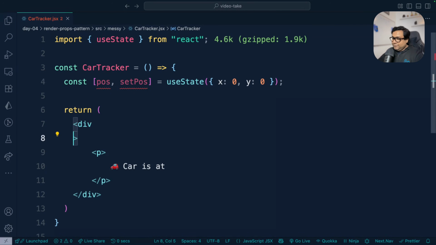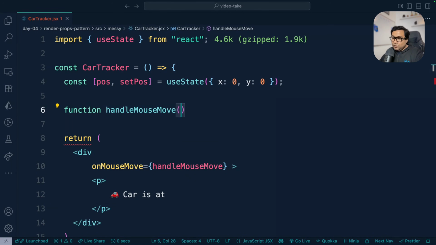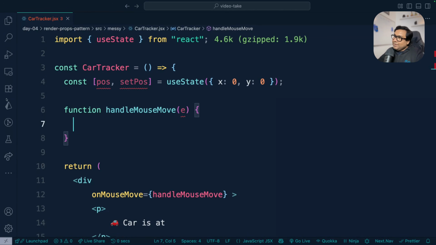Now on this div, let's add an onMouseMove handler so that whenever I move the mouse, I can handle what needs to be done. And here I will call a function called handleMouseMove. Now I have to define handleMouseMove. Let's go ahead and create this function. Function handleMouseMove. It will of course take an event,